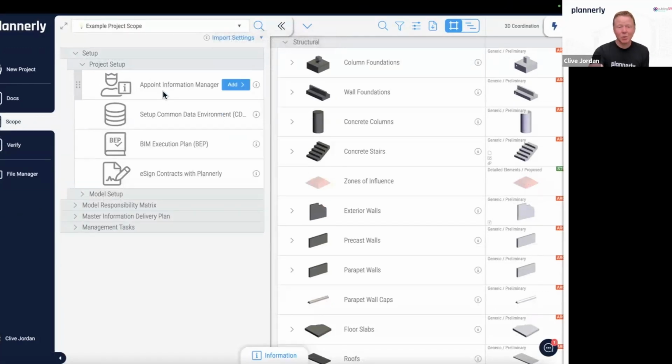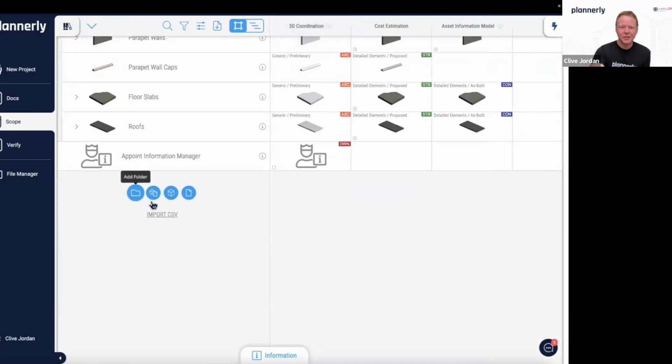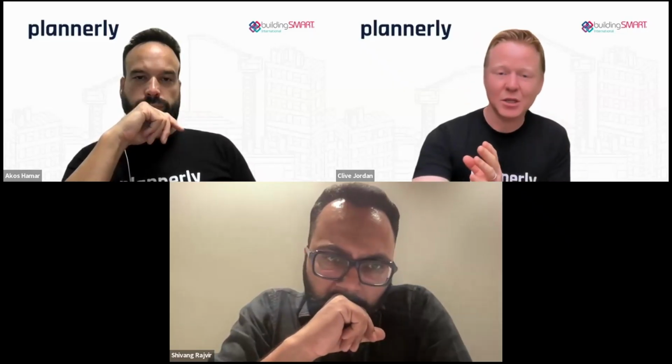One of the things that's important is understanding things like, here we're saying appoint information manager. And if I add this to our project, you can see that appointing the information manager comes along with a bunch of information about it, what it is, and also some checklists. And that set of information then becomes a way that you can start using Plannerly, not just to implement the